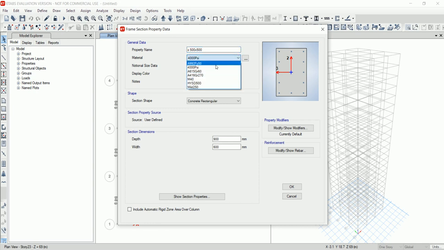Set the material to M40 and set the dimensions, that is depth to 500 mm and width to 500 mm.